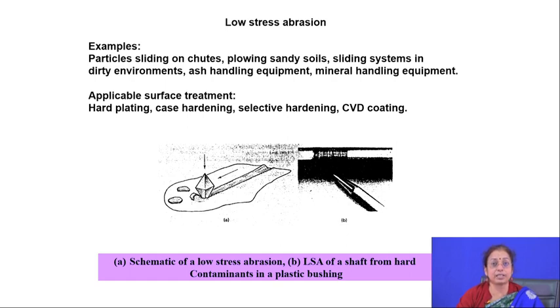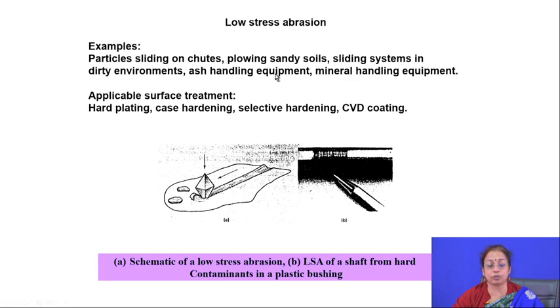And in low stress abrasion, if you are interested to know the mechanism by which the failure occurs: if the stress is lower than the yield strength of the material, naturally how could the wear occur? There is no chance of deformation, there is no chance of fracture. So, how does the wear occur? Wear mainly occurs by the abrasion ploughing action. There is a cutting mechanism which plays an important role in causing the wear. The typical examples are particles sliding on chutes, ploughing in sandy soils, sliding systems in dirty environments, ash handling equipment